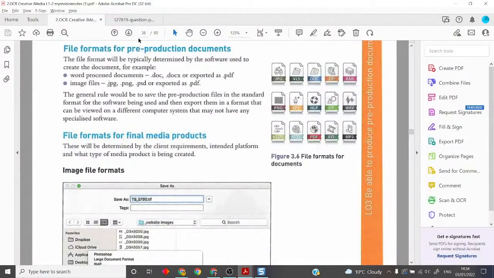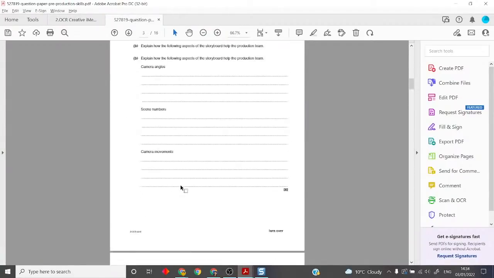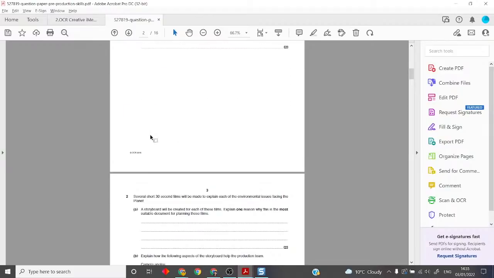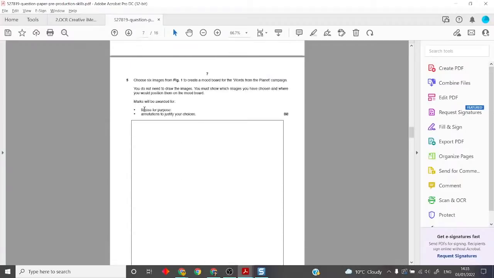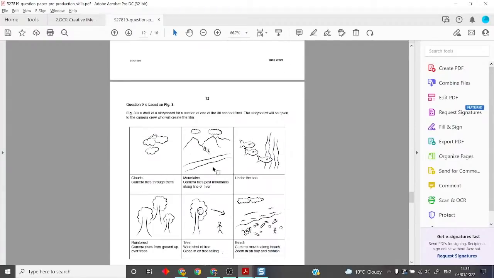Where's my exam paper from earlier? So whenever you do an iMedia exam, you will always be given at the very beginning this. This is the scenario, and that scenario stays with the exam the whole way through. So it's always going to be based on that campaign. There'll always be some product or something or a scenario happening. So read that so you know what the campaign is, and then skip past all of these questions and go straight to the 12-mark question.